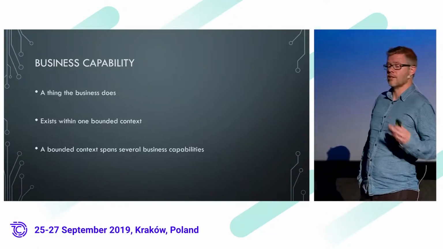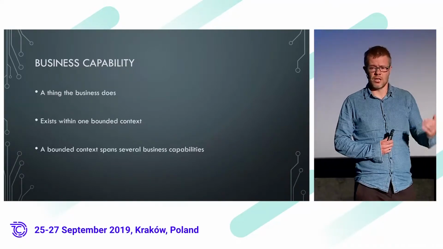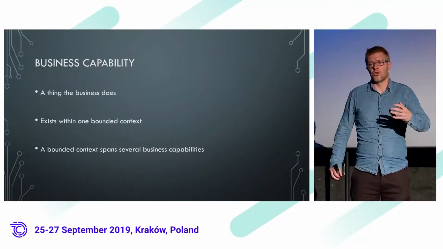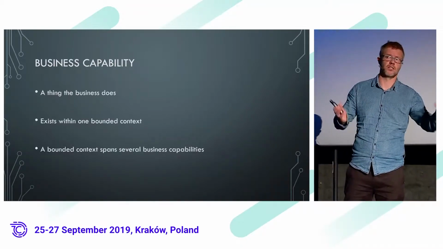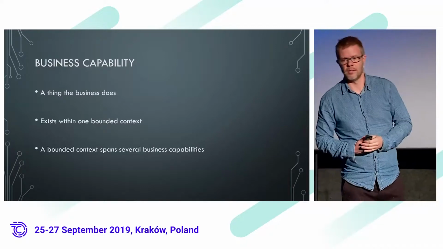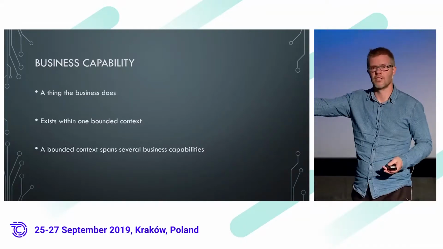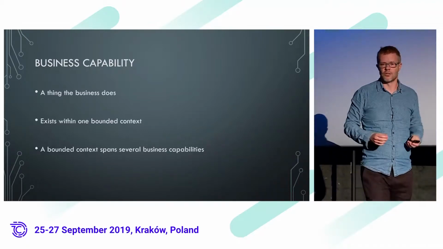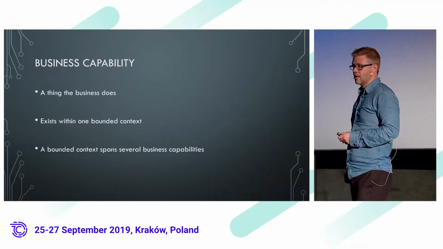Okay, so the next concept is a business capability. And a business capability is something that the business does. And these are things that we do inside of a bounded context. So the sales department converts leads into customers, paying customers. And there's a process around that, and contracts get signed and whatnot. But that's something that they do within that bounded context. It's not done in another bounded context. That's sales. It's not development, it's not R&D, it's not support, it's not transportation. It's specific to that bounded context.